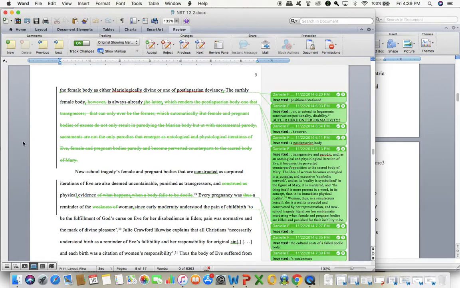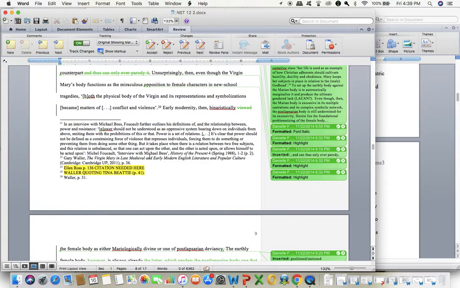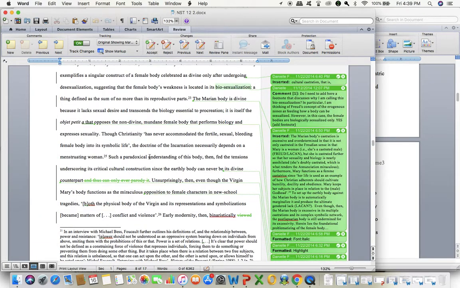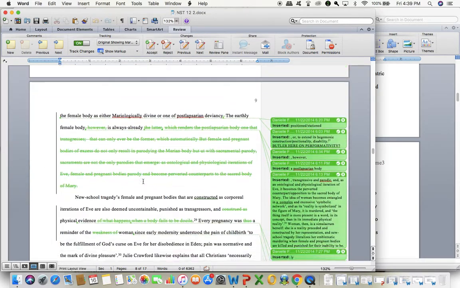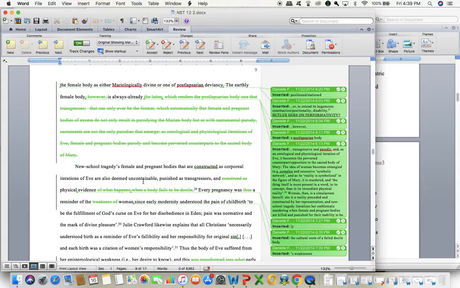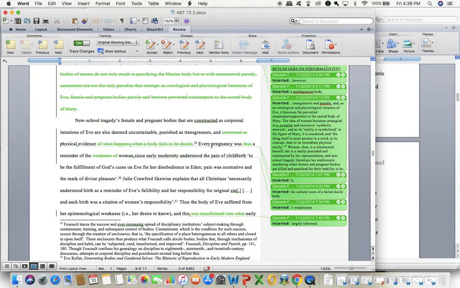So, circling back really quick to editing and revision, and I'm also going to move on to APA and source integration, I just wanted to give you an idea. This is just a paper of mine that I had been working on for a really long time. But this is all examples of editing and revision. So I use track changes in Word. If you've never used it before, I recommend you using it, because it helps, even though you're doing it on